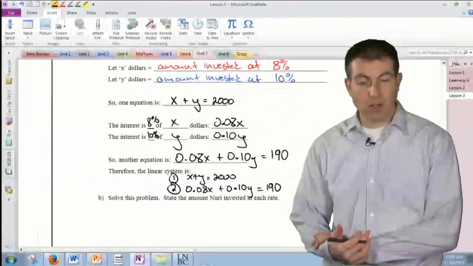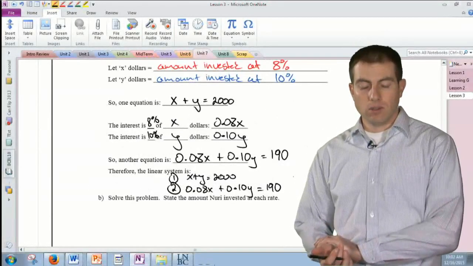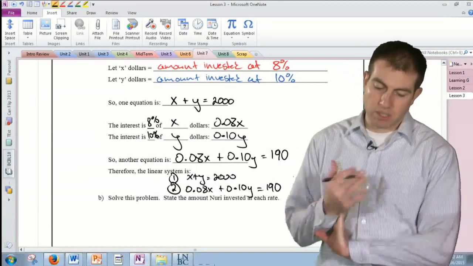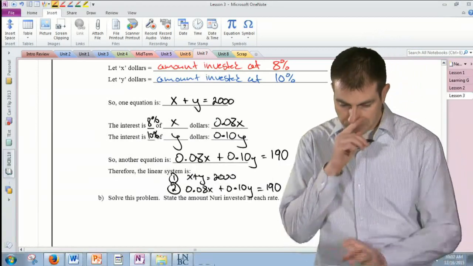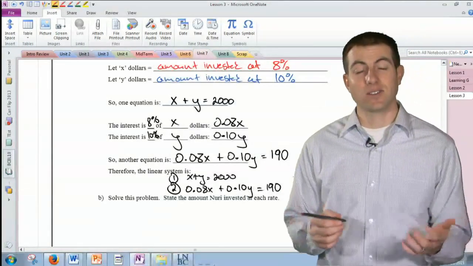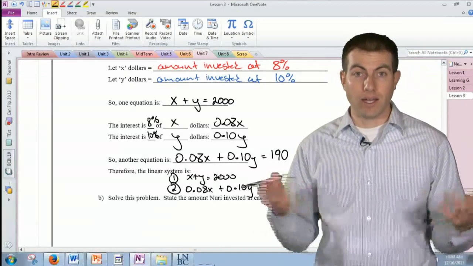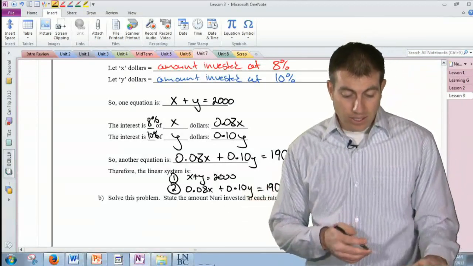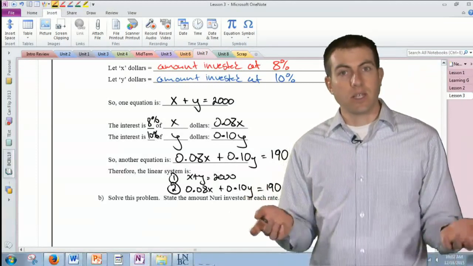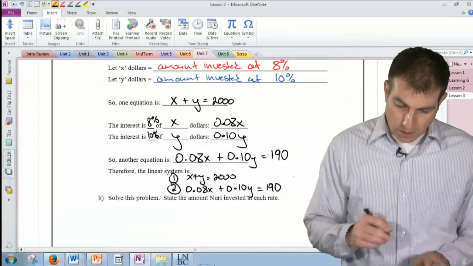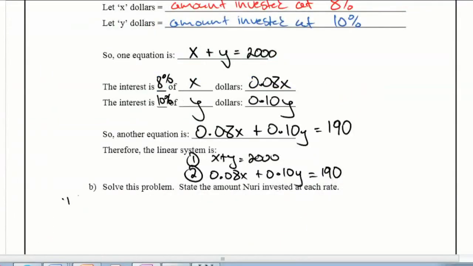Continuing on, we're going to figure out now how much we had invested at each rate. So how much at the 10%, how much at the 8%. Since we're solving the system by substitution, we're going to isolate x or y in one of our equations. Looking at equation number 1, it looks like we already have an x and a y with no coefficients in front. So let's start and isolate